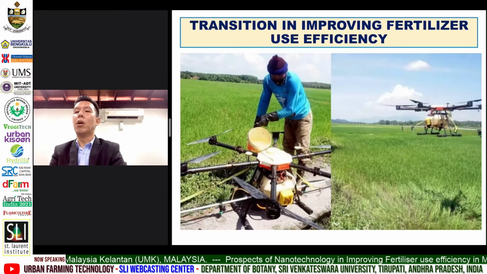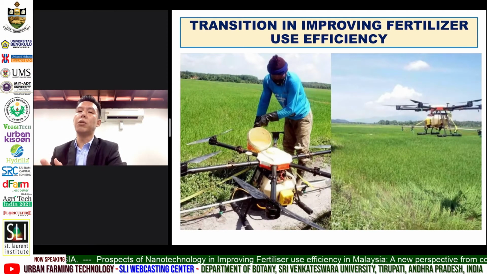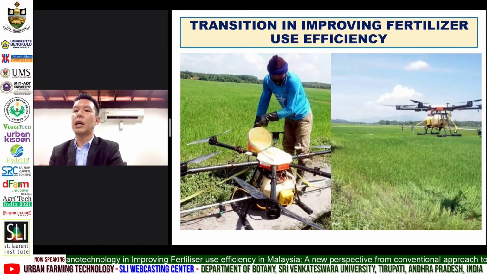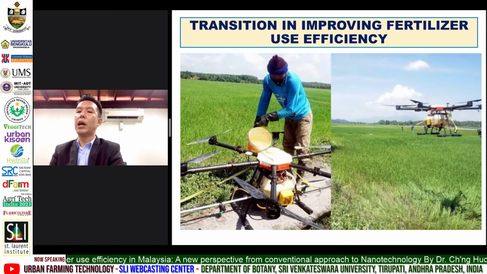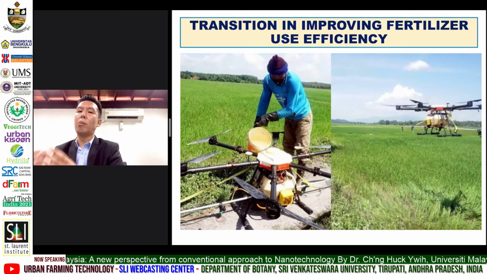After that, more advanced innovations come in, such as precision farming and the Internet of Things, IoT, to further improve the precision of fertilizer application. In Malaysia, some plantations such as oil palm and paddy fields have adopted the use of drones to apply the fertilizers. However, there is still very limited research data to compare its efficiency in enhancing the fertilizer use efficiency.